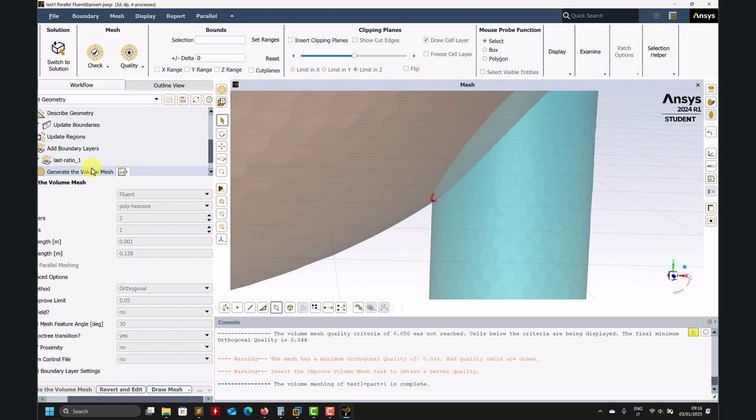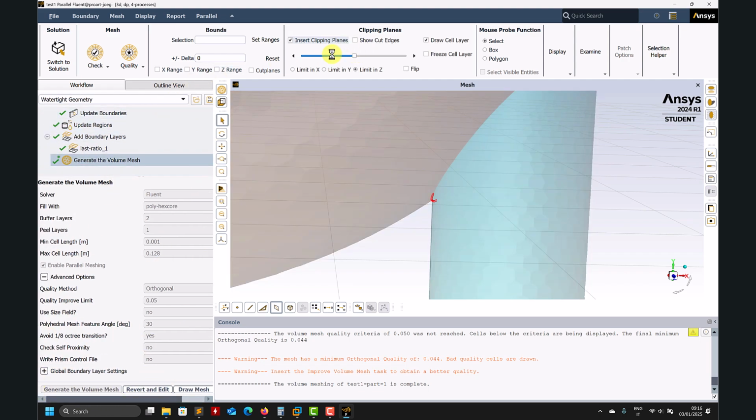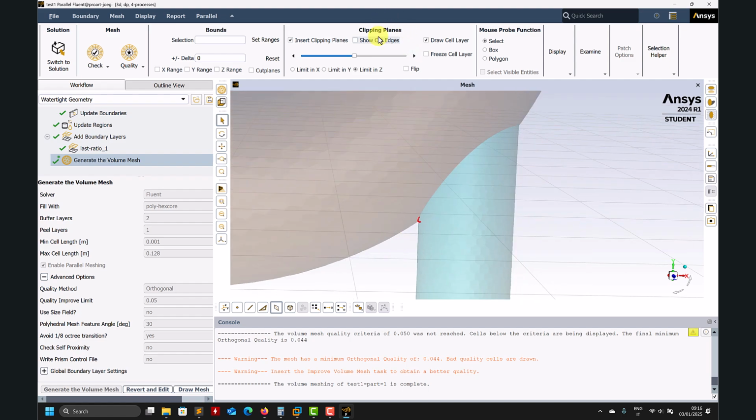So at this point, okay, for instance, let's visualize this mesh. Let me insert there, clipping,